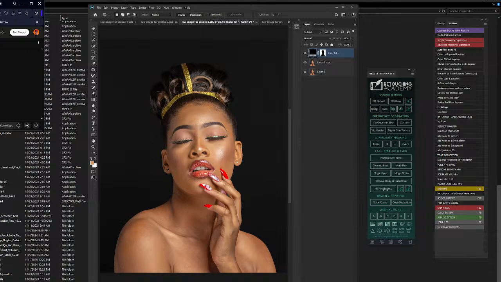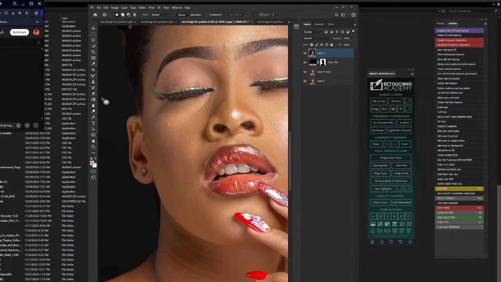Next thing, let me merge the layer. Shift Ctrl Alt E, and I will pick my spot healing tool,